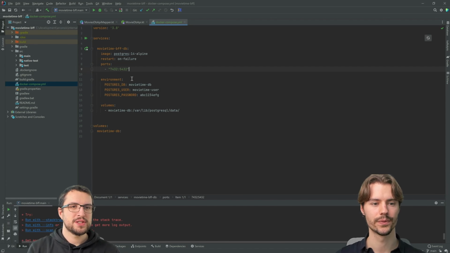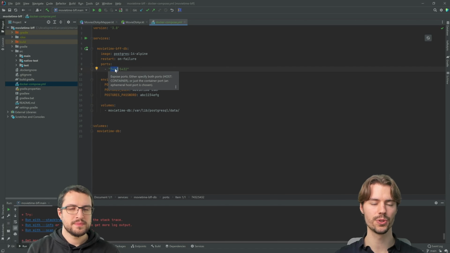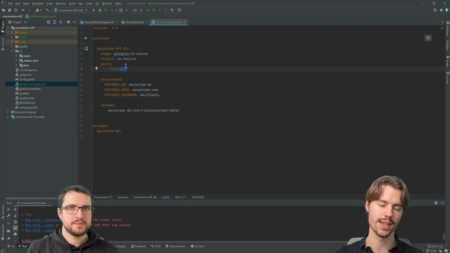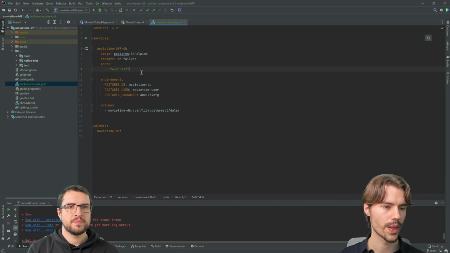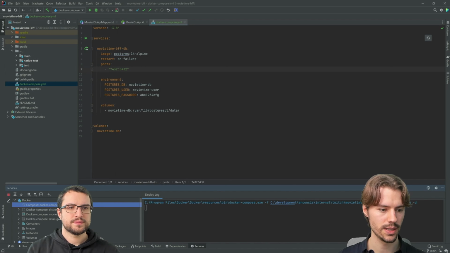Yeah, and now you just picked 7 at the front. Yeah, it's just because it was free. Yeah, exactly. You can choose any. This is the local port on my computer, and that's the port inside the container where Postgres is normally starting. Okay, then we can just run this,